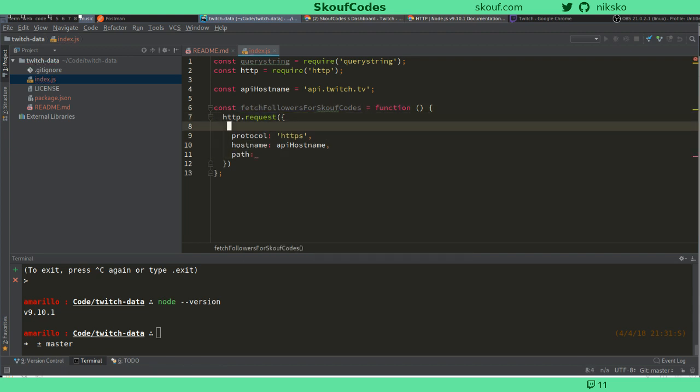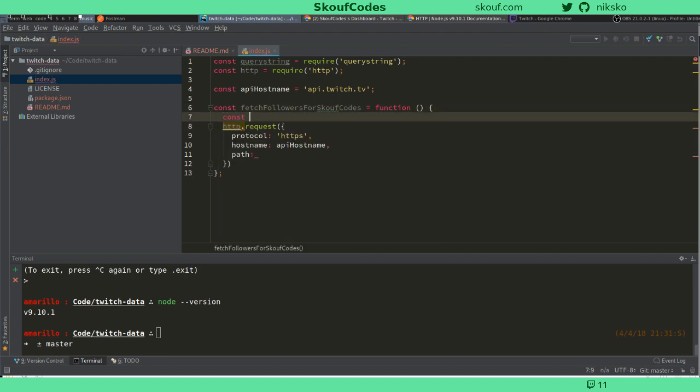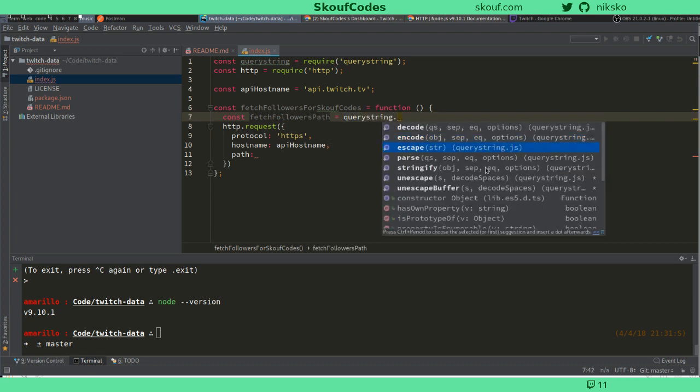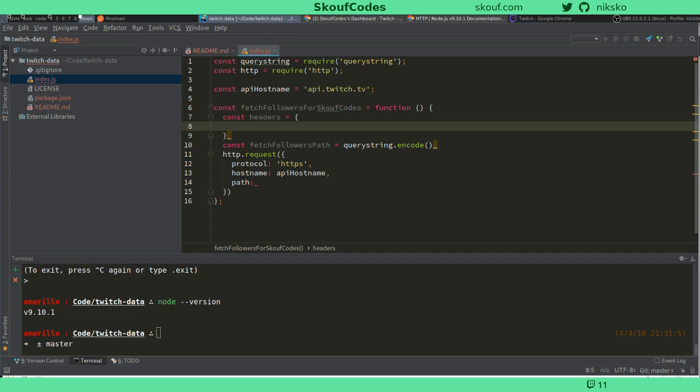Okay, so the path is going to be our... Alright, so up here we're going to need to write const fetch followers path equals, and here we're going to have to do query string dot encode, and then we're going to pass it our object, right? So we're going to build up our object here. Let's first do our headers object here. So our headers is going to be our client ID, and that's going to have a value of